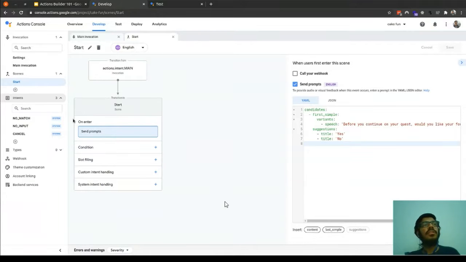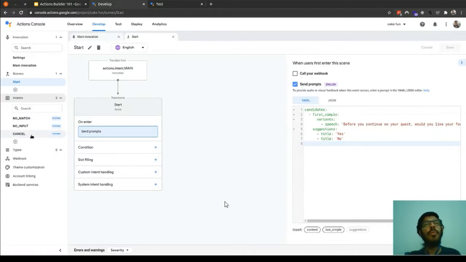Let me give you one hypothetical scenario where it would work. Let's say we are in an interview kind of setting where we are asking questions, and out of nowhere the user says exit. Google Assistant is smart enough to address the user's intention, because over here, as you can see, cancel or exit is a global intent.